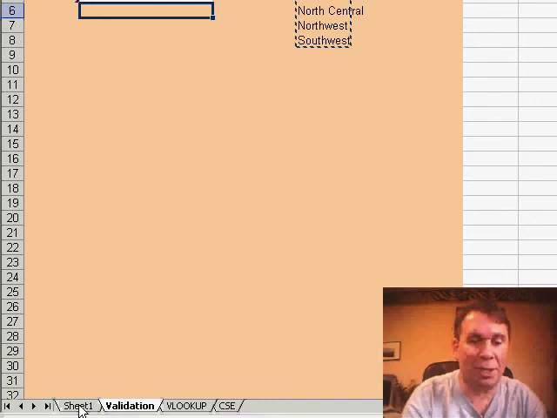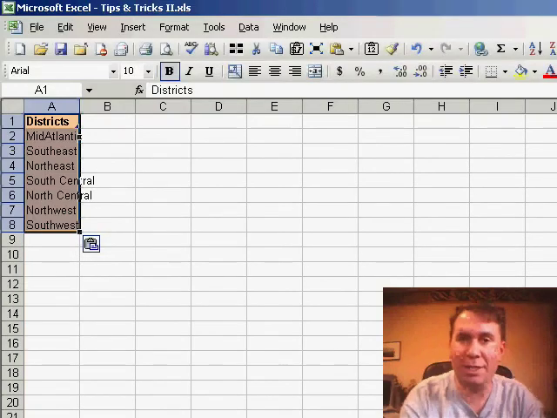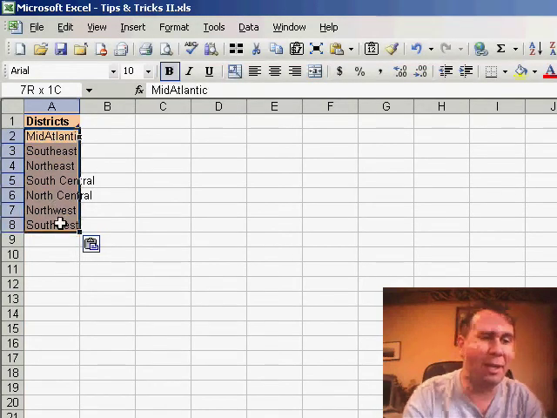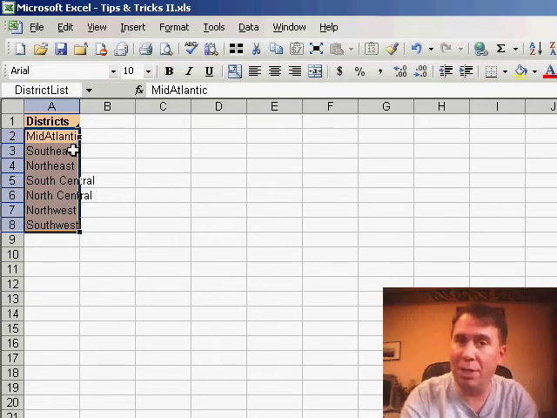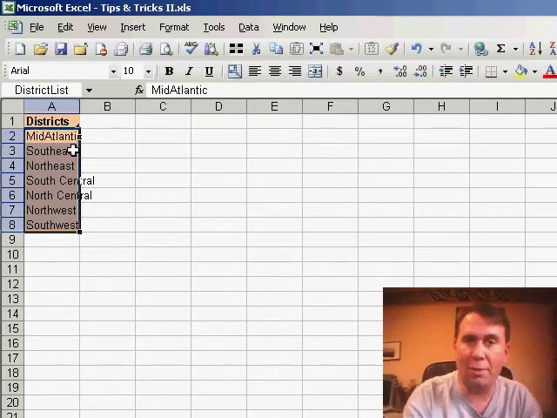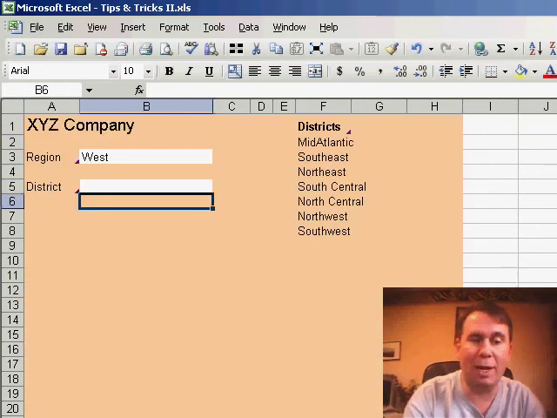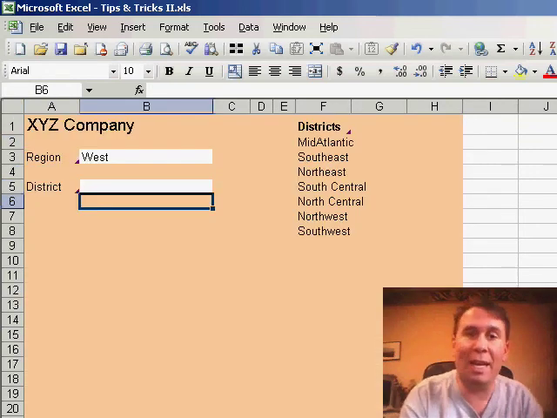I've inserted an extra sheet here and I've copied the valid list of districts to that sheet. I'm going to select the list and name the list. So I'm going to click in the name box and say maybe district list and hit enter. Now I have a named range that defines those values. Now the interesting thing about a named range is that Excel thinks that a workbook level name is valid on